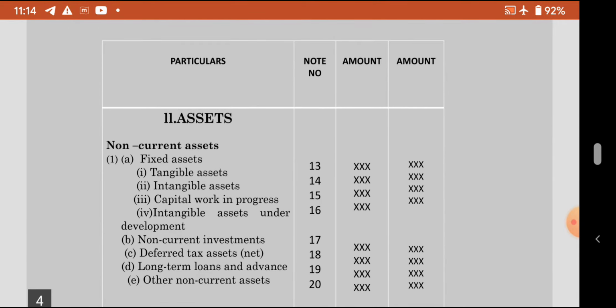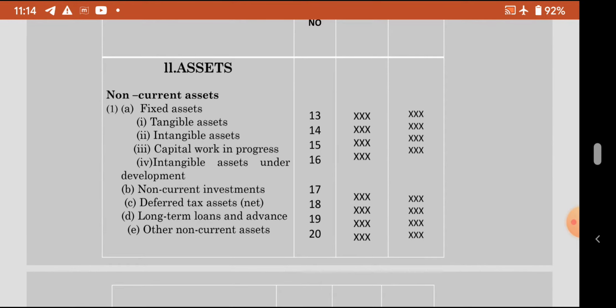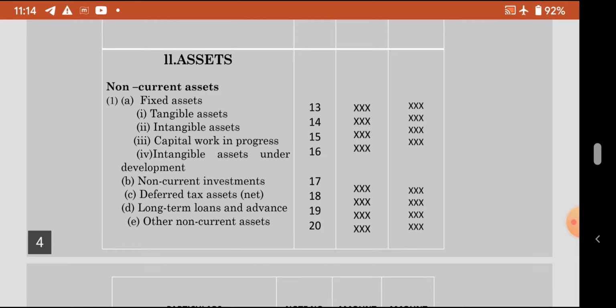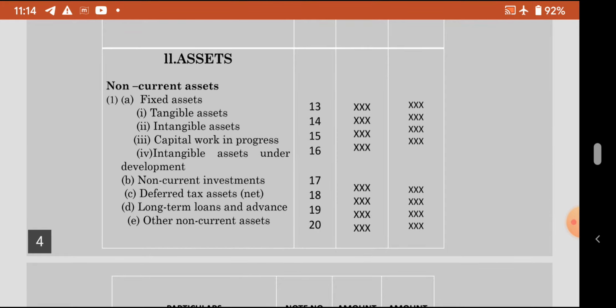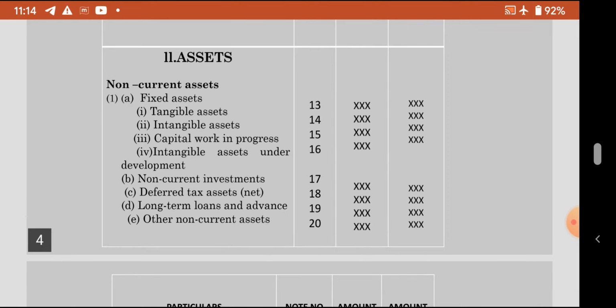Then going ahead, looking at the asset side. Asset side, the first main divisions, we have two main divisions. One is the non-current assets. Under non-current assets, we have fixed assets. Fixed assets are further divided into tangible assets, intangible assets, capital work in progress, and intangible assets under development. The next we have non-current investments, deferred tax assets, long-term loans and advances, and other non-current